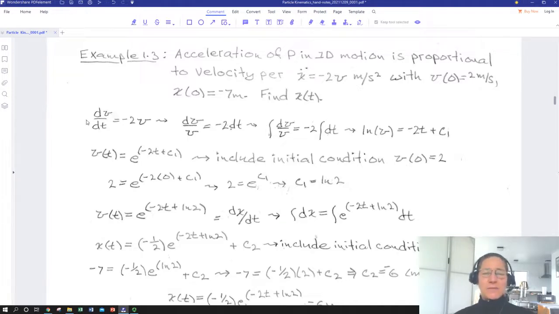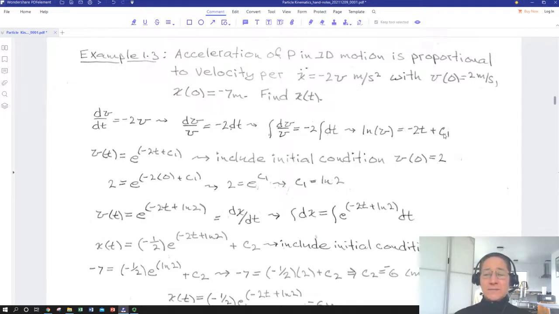So just write that, okay? Here dv/dt is acceleration. What's acceleration? -2v. Hey, a variable separable expression. So I can divide both sides by v, multiply both sides by dt, and end up with a little variable separable differential equation. I can integrate both sides with respect to the differential expressions. So I'm going to integrate the left-hand side with respect to velocity, and the right-hand side with respect to time, and I'm going to end up with the natural log of velocity being equal to -2t